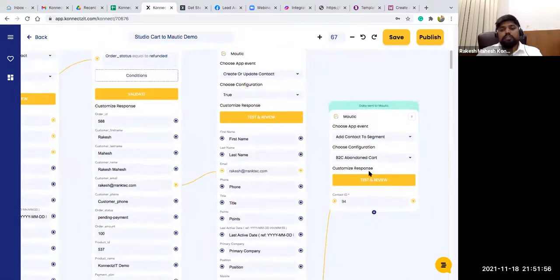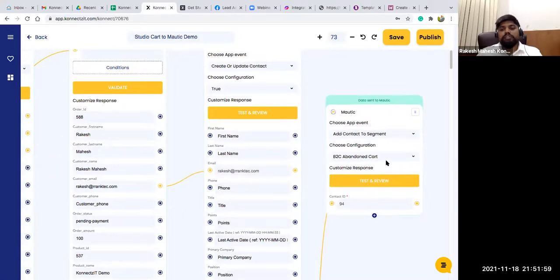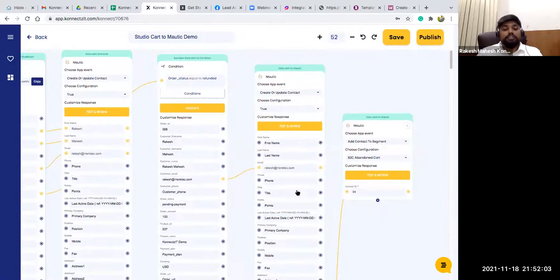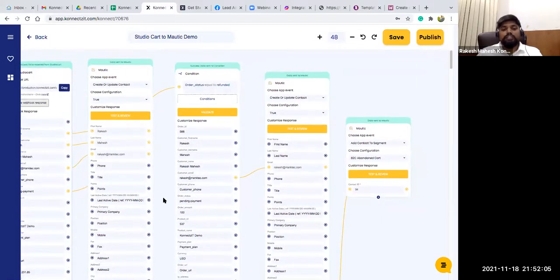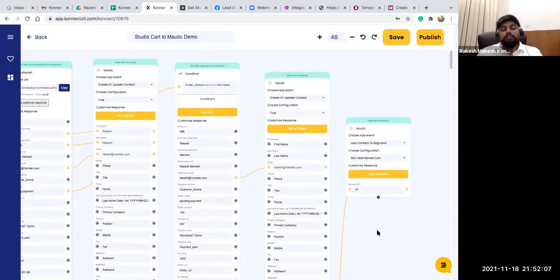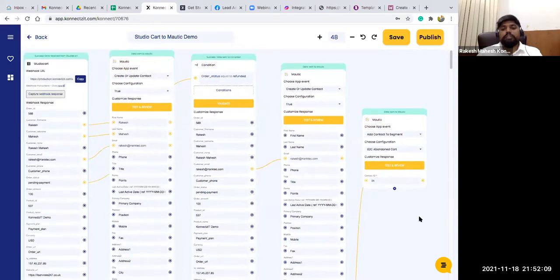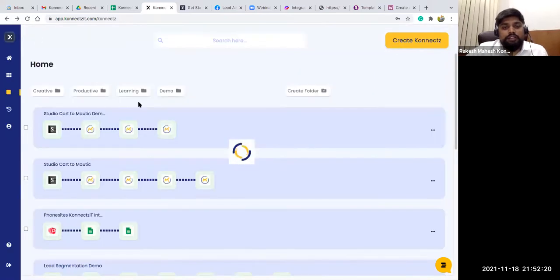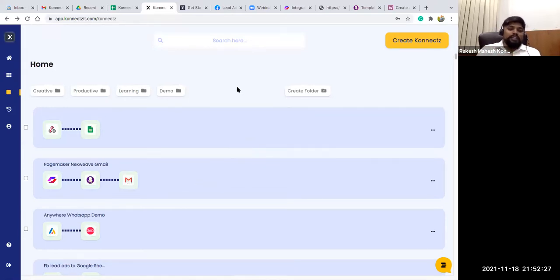So adding those records, if refunded, into different segments, basically a different contact list. So this is how you can use the conditions app, which is very helpful for segmenting your records inside Connexit. The conditions app is a very powerful app, we can say. Likewise, there are a lot of internal apps you can use to make your connects more robust.